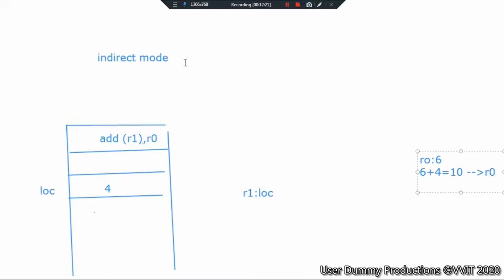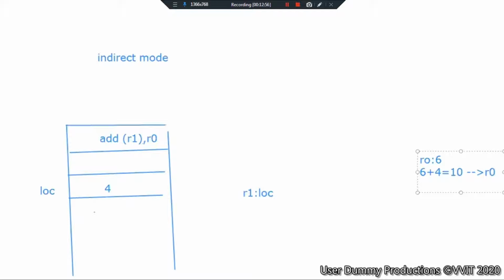Okay, first see the instruction: add R1, R0. It will go to the location in R1, ma'am. Then it will take the value from the location, 4, and add it with the R0 value. Then store the answer into R0. That's all. Got it, no? This is called indirect mode. Any doubt in this?